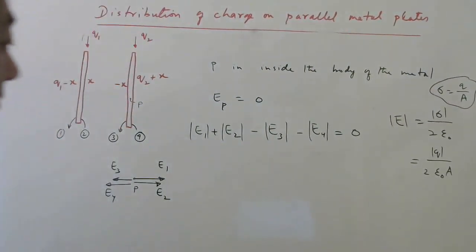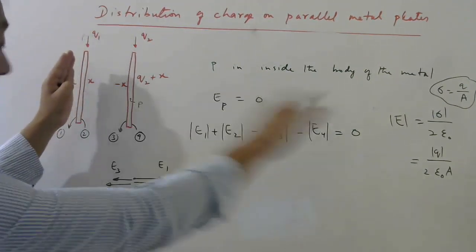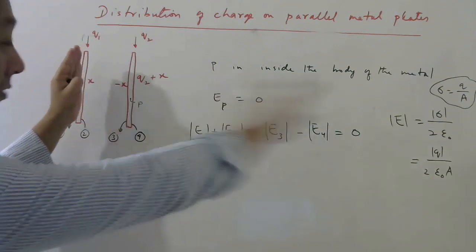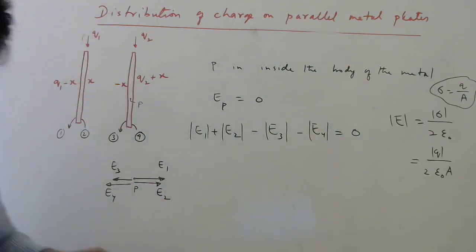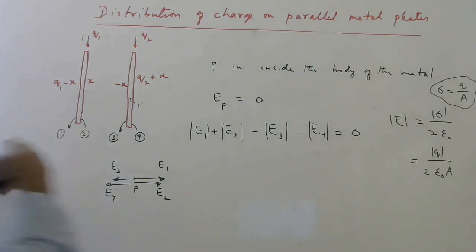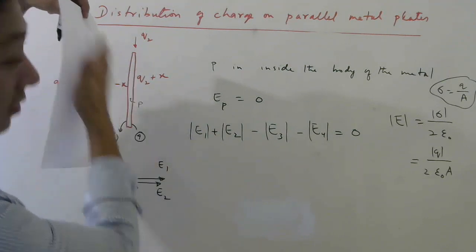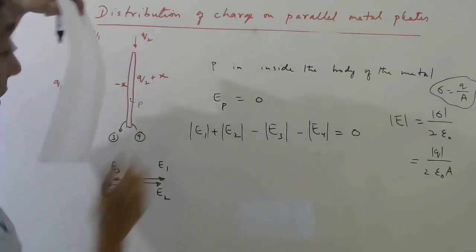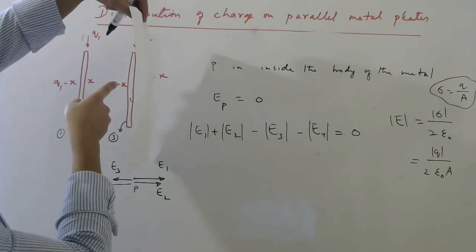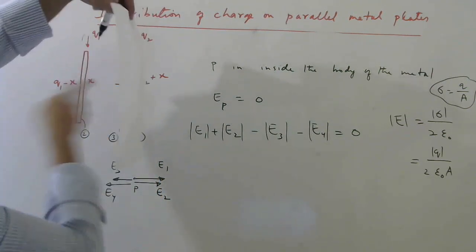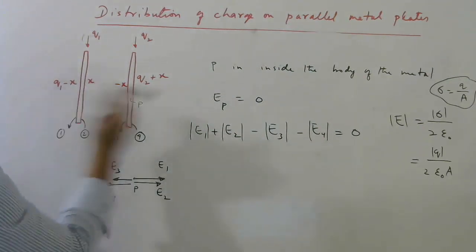So E1 is the electric field here due to this sheet, away. Due to this sheet, away. Due to this sheet, towards, because the third sheet is this one, right? And the point is here, and it is a negative sheet, so it will be towards. And the fourth sheet is here, the point is here, and it is positive, so it will be away from the positive.